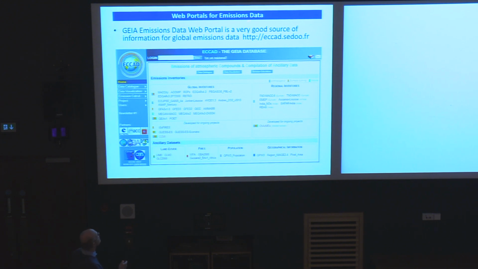Hosted here at this web portal, you can register for free. After entering your email address, you have access to a wide range of emission inventories, to the data from this. Some of them go many years back, some are very, very recent. This is being kept up to date. And the data is available in a format that is very useful.